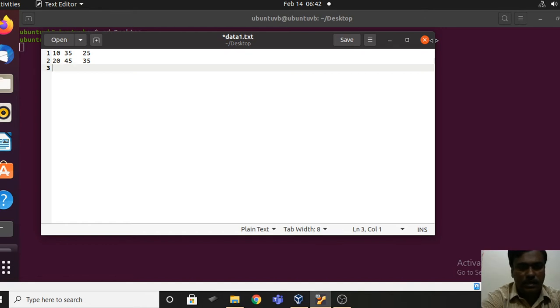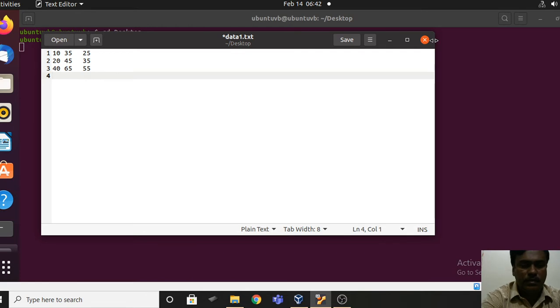This time I am taking the number of nodes as 40, throughput as say 65, and the delay as say 55. And the number of nodes as say 70. Let me take 5 cases, and for 70 the throughput is say 85, sorry, that 85 is the throughput.